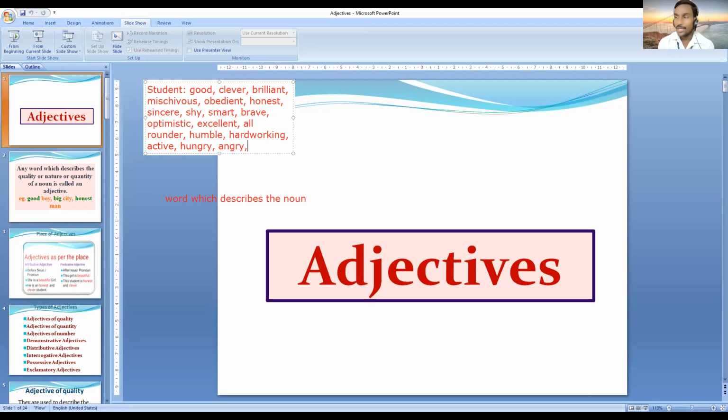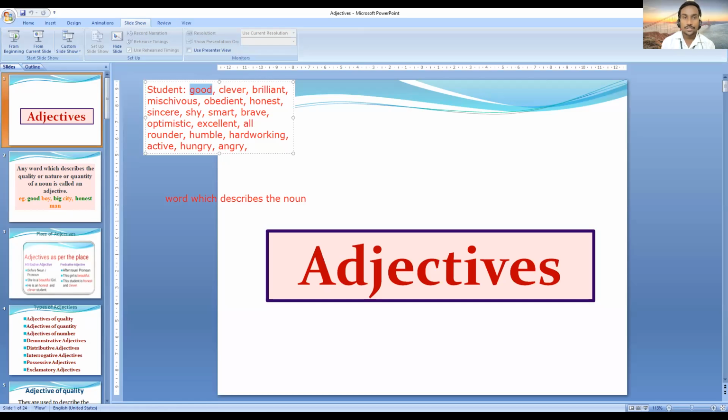So there are a number of adjectives. Now pay attention and let's try to understand. When you are able to get a number of adjectives for one word, student, your probability to define or express or describe something gets higher. On the other hand, if I know only one adjective, good only, I get some limitations to use language. If I am writing or speaking, I cannot speak fluently or spontaneously. Why? Because I don't know many words, I don't know many adjectives, and so I get lots of limitations.